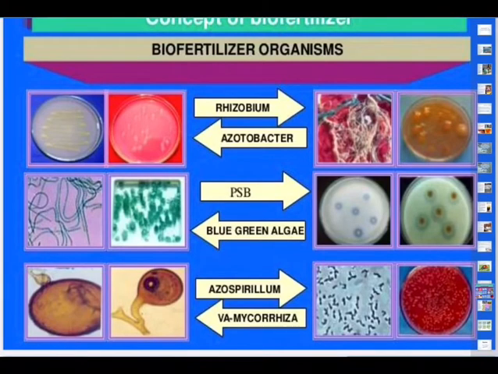So many members of genus Glomus form Mycorrhizae. So you can see the Glomus there. The fungal symbiont absorbs phosphorus for the plant. So what is the role of this fungus here? The fungus absorbs phosphorus and supplies it. So NPK is very, very important. All the three major contributing factors are nitrogen, phosphorus and potash. So if NPK is available in the soil, the plants will grow very nicely.